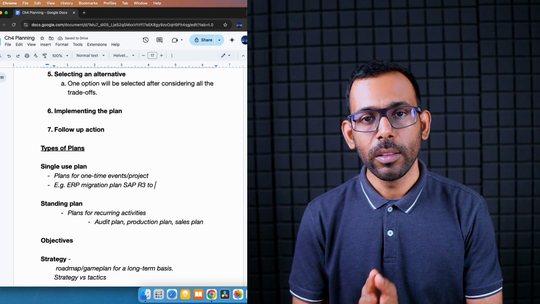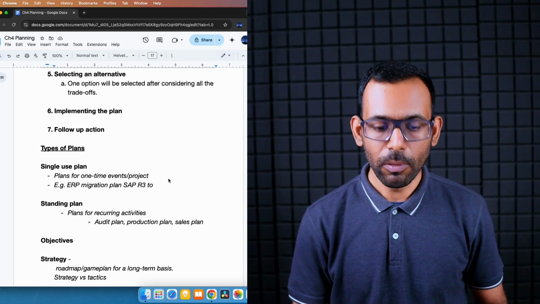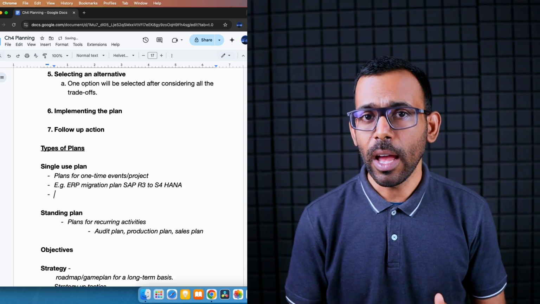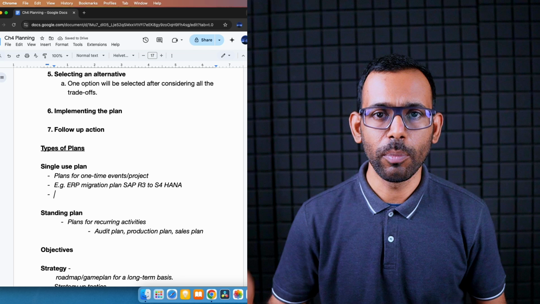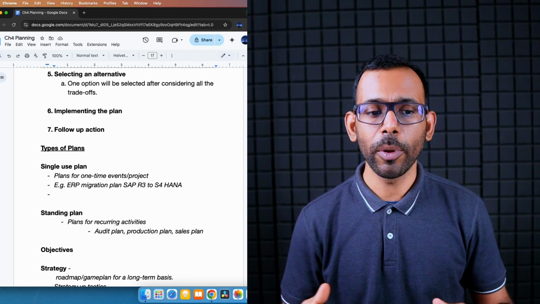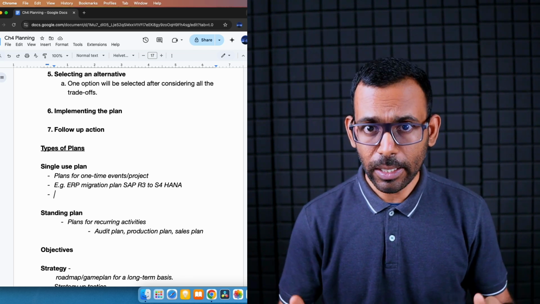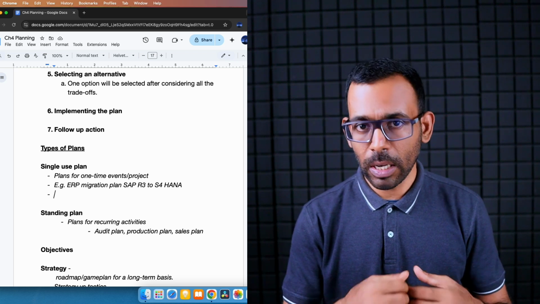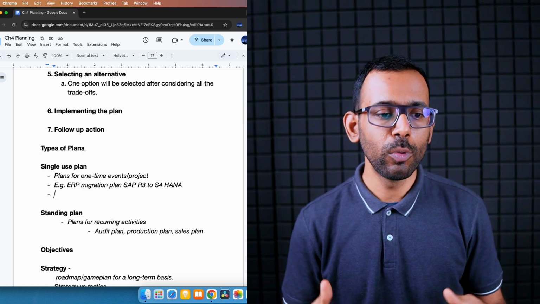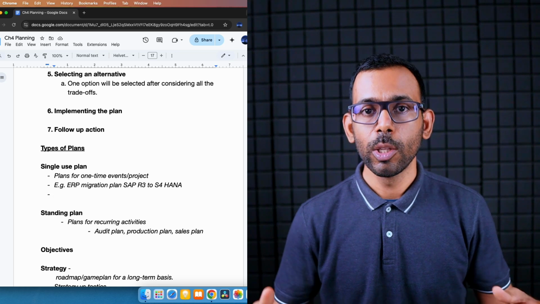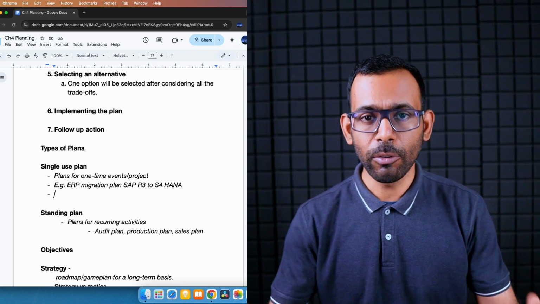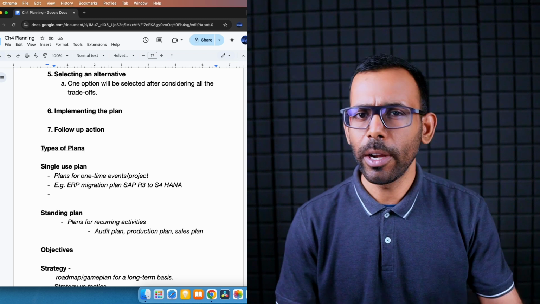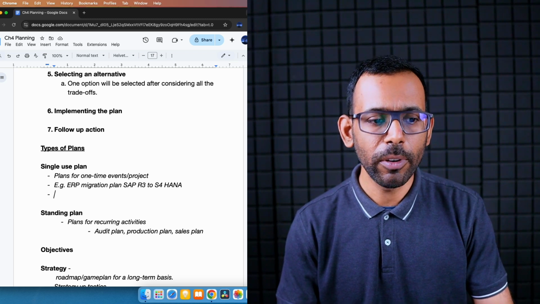From R3, they moved into the S4 version of SAP. It was actually called S4 HANA. So we had a project called the S4 HANA project, which means the whole company had to work as a team together because the software is extremely complicated. It involved almost 500 to 600 people. All of them had to give their requirements, how the new software should look. It was a pretty big project. It was a huge team event.